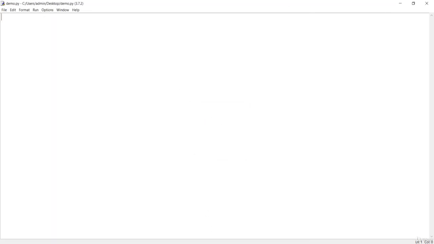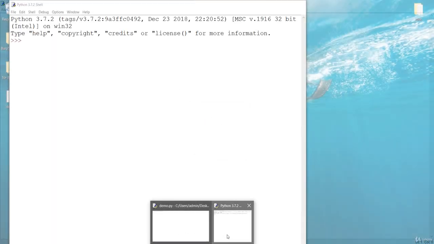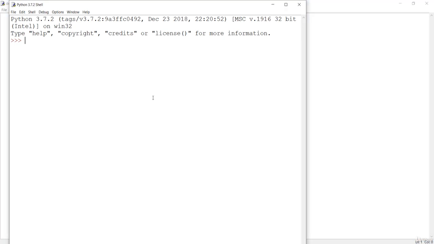So let me save this first. We have a bunch of fundamental data types. We have seen the integer, string and boolean in this lecture. We will explore further data structures in the upcoming lecture, but for now you can see we can also do multiple assignments to the variable.